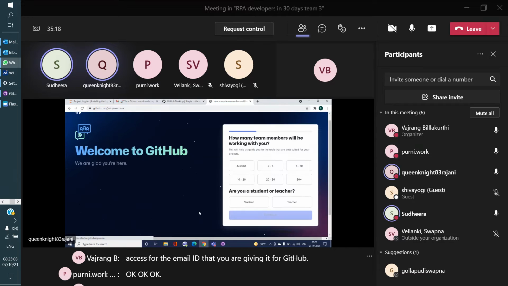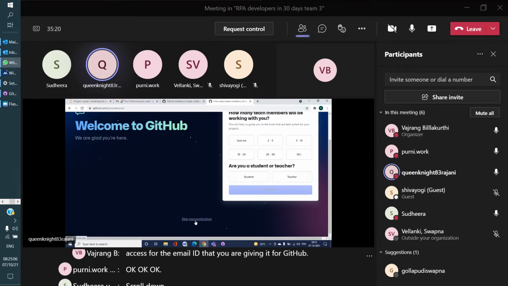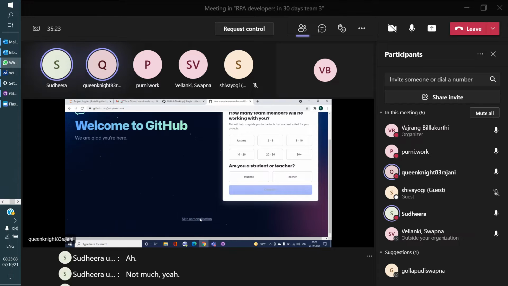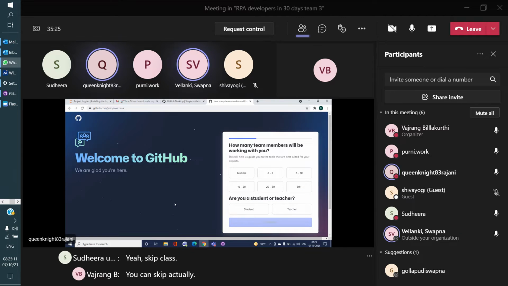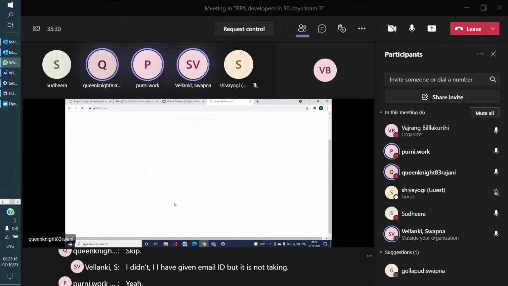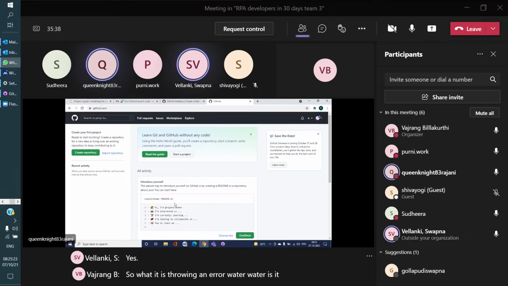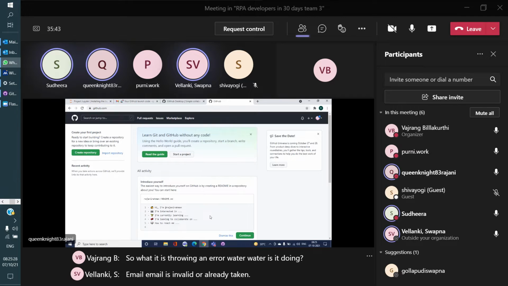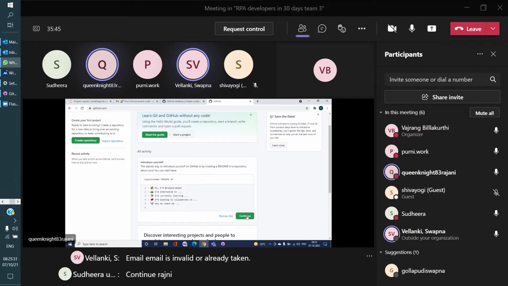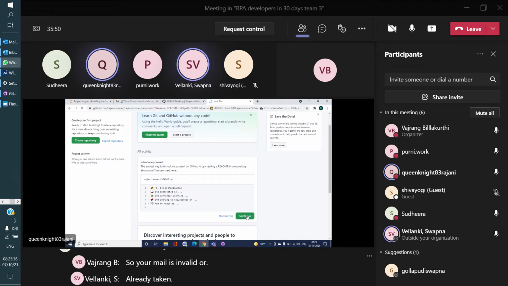Scroll down. You can skip actually. Yeah, skip. Vajranga, I have given the email ID, but it is not taking. What error is it throwing? Email is invalid or already taken. Okay, so just try to add the email and hit on reset password.